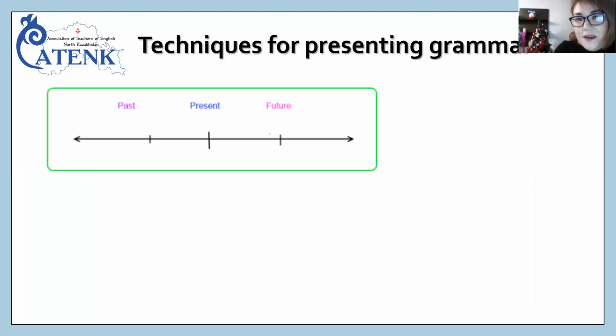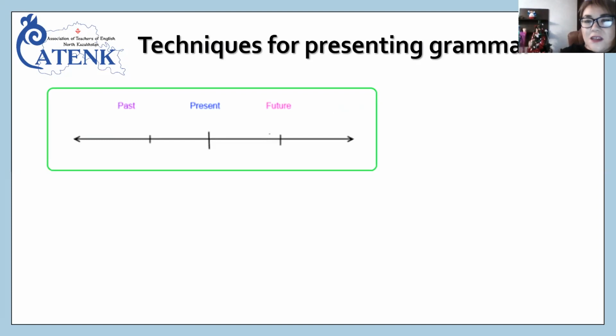So here, what do you think I'm showing to you here? Do you recognize anyone? What do you see here? Let me check our chat box. Okay. Timeline, yes. So especially crucially when you introduce grammar to your students, it's really necessary to use a timeline